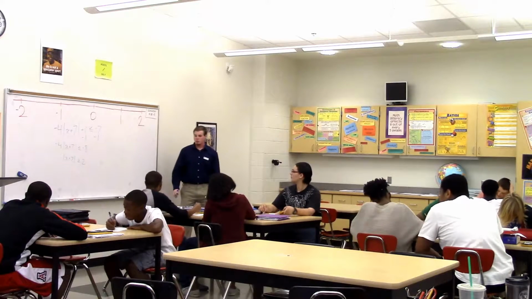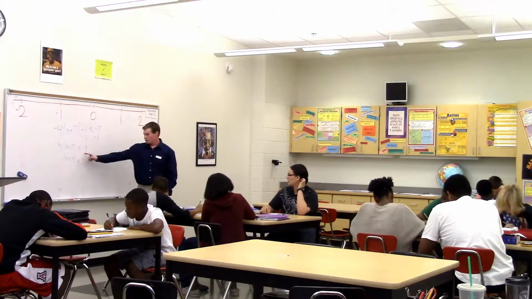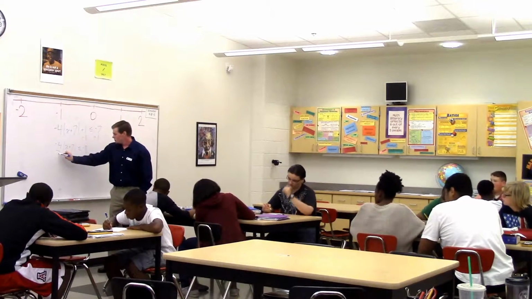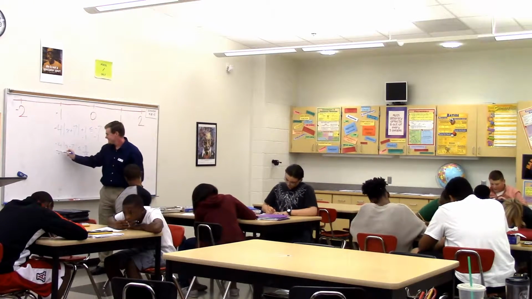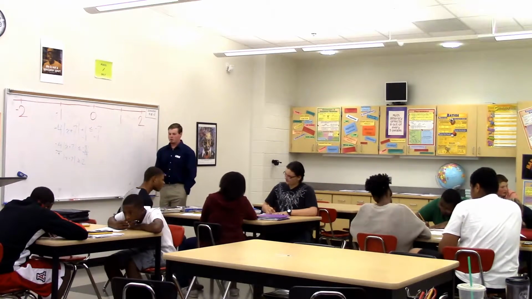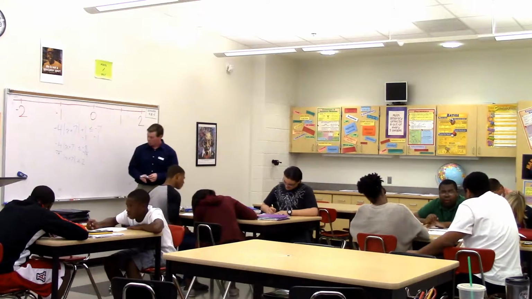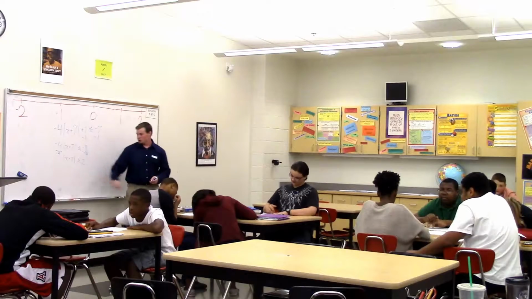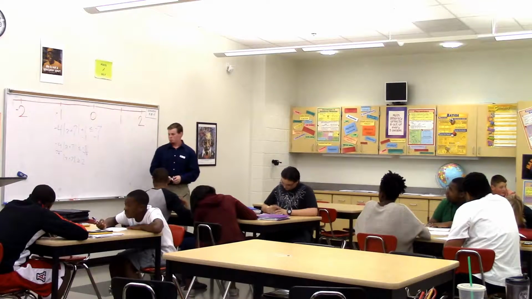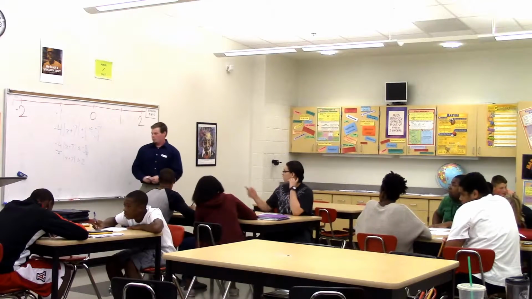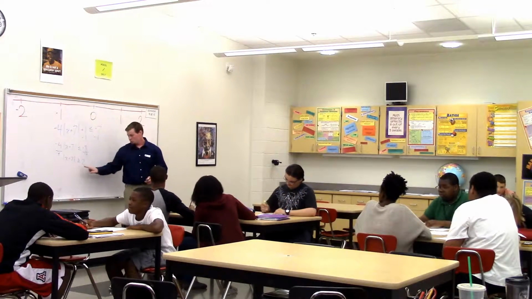Does everybody see how we got there? What's negative 8 divided by negative 4? Oh, sorry, I needed to put that on the board. Okay. So we've got the absolute value by itself now. So now what do we do? We need to split this up into two solutions, right? Yeah. Because the absolute value means we've got two answers.